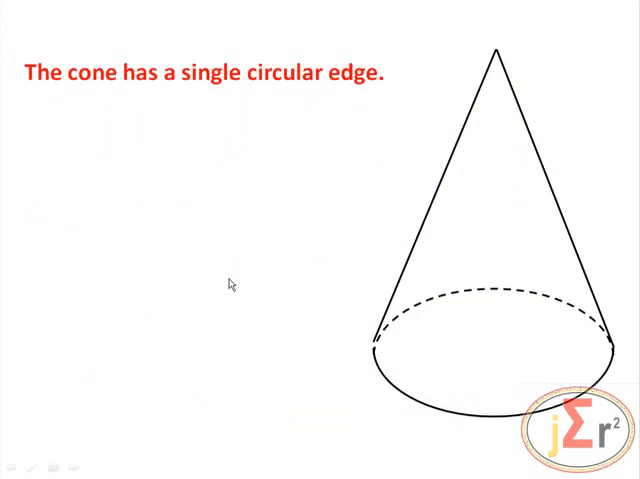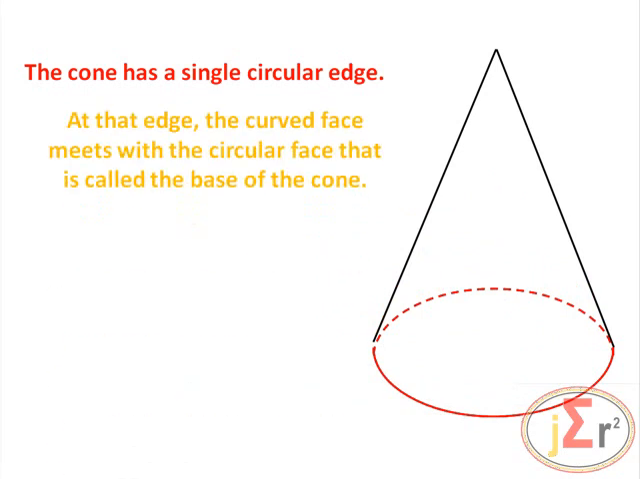The cone has a single circular edge. So there is your single circular edge. It is where the base of the cone meets the curved face of the cone. At that edge, the curved face meets with the circular face that is called the base of the cone. So the circular face, which is the base of the cone, and the